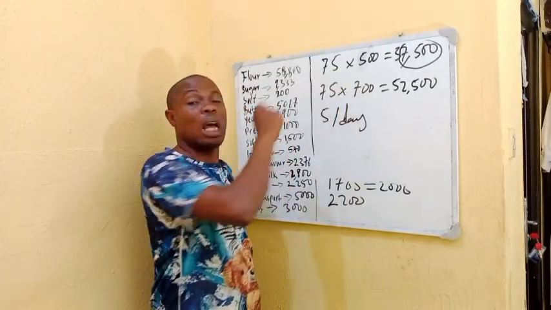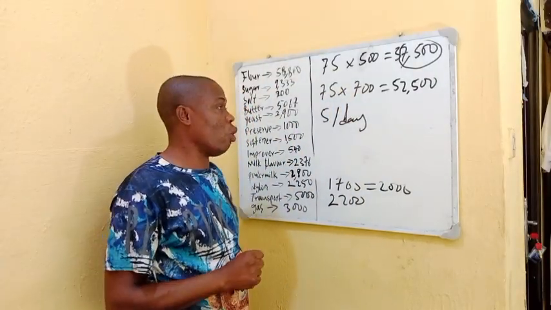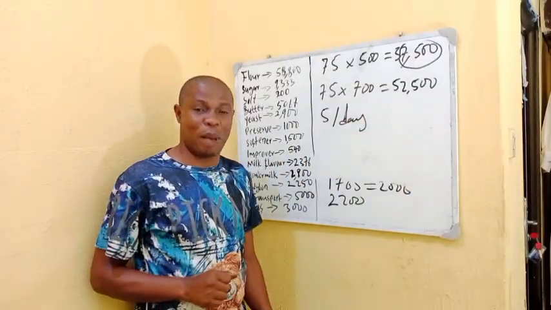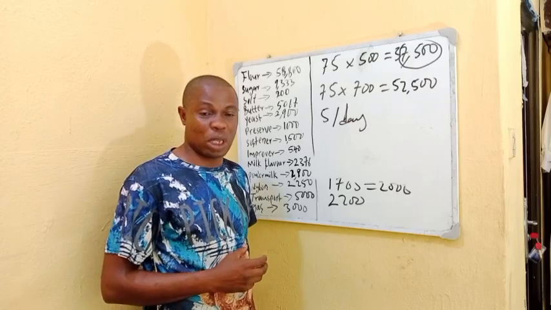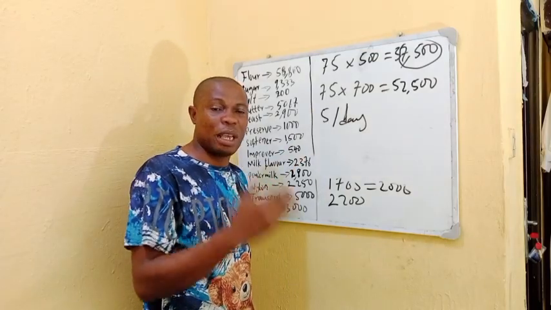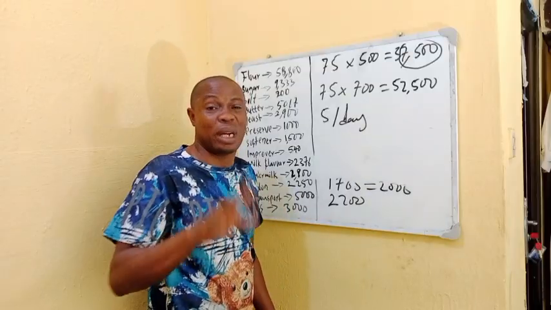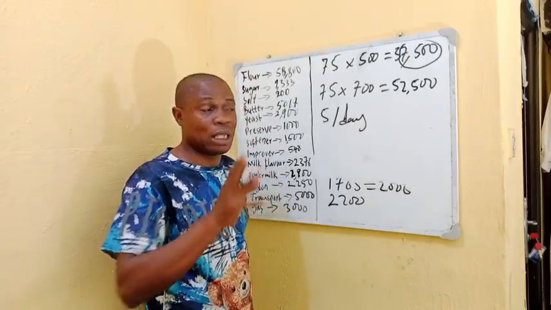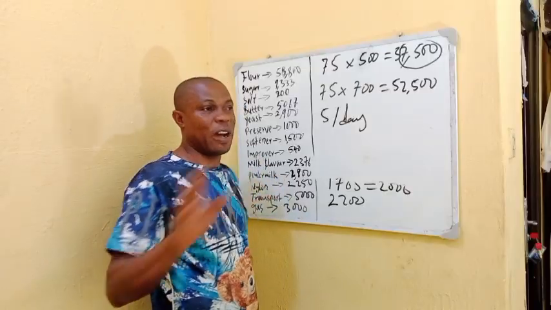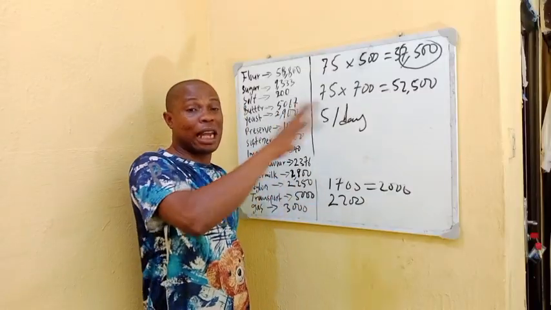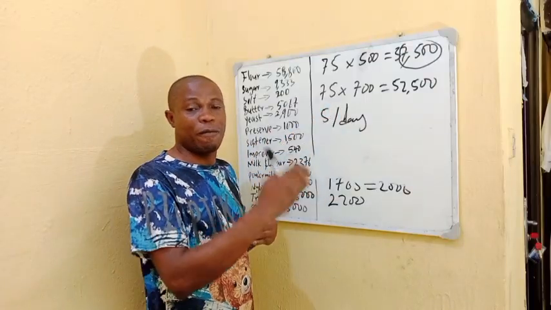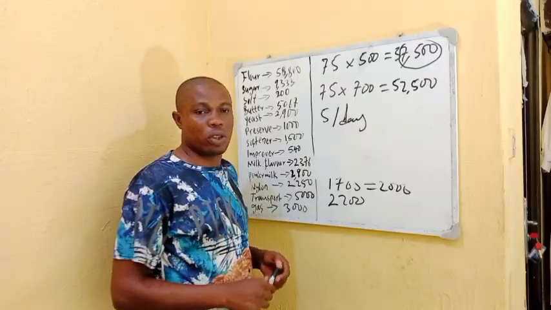You make this amount as profit per loaf, and then this in turn becomes the amount of profit per bag. I hope I did not waste your time, and follow the steps I have used to calculate and cost your bakery product. This is not applicable to bread alone. If you are into cake business, pastry, or any food production or manufacturing, you can actually use this method: item by item, divide by the total number, and have your total cost of production, and then cost